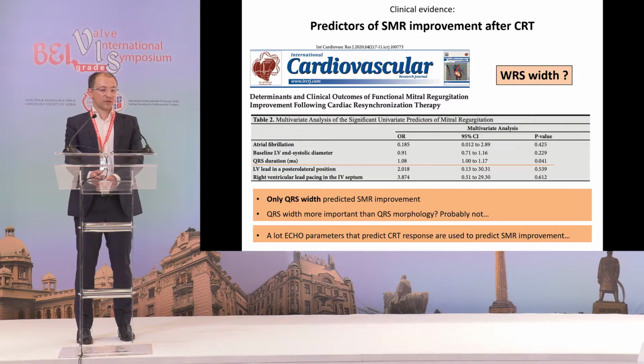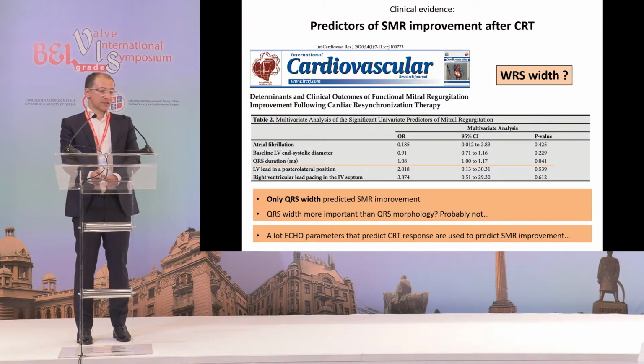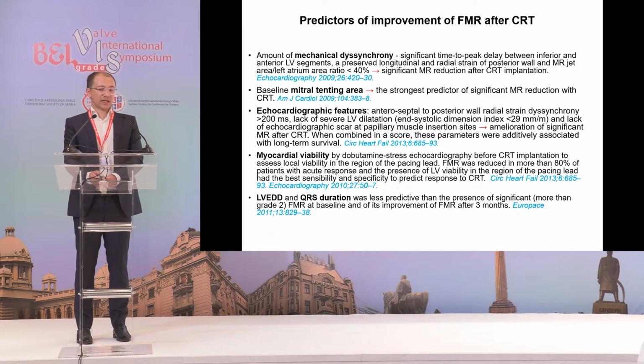Ja ne bih zalazio u ehokardiografske teme, s obzirom da nisam ehokardiografista, a izdvajam ono što se eventualno tiče elektrofiziologa i ovde je u ovom slučaju malo apsurdno. Ova studija je pokazala, već smo je pominjali, da je širina QRS-a, nakon multivariantne analize, jedini pokazatelj pozitivnog odgovora na CRT, pozitivnog u smislu smanjenja sekundarne mitralne regurgitacije. I sad proizilazi da je to bitnije od QRS morfologije. To ne stoji definitivno nigde, obično ne važi za pozitivan odgovor na CRT,